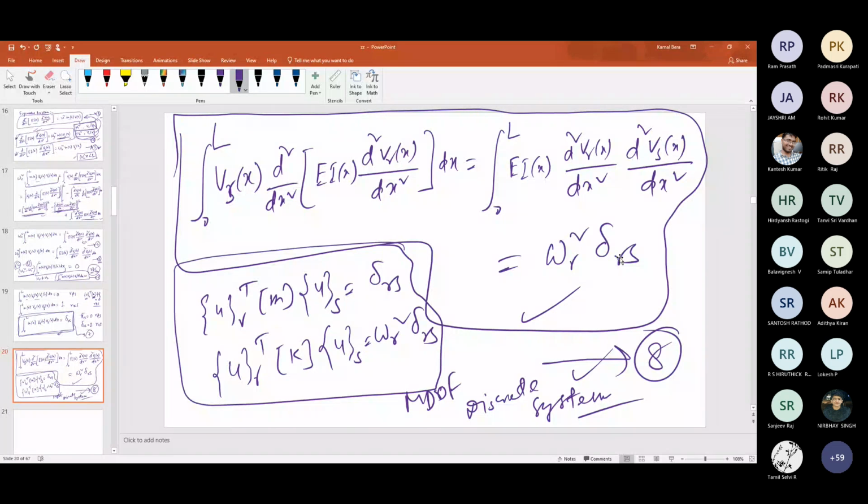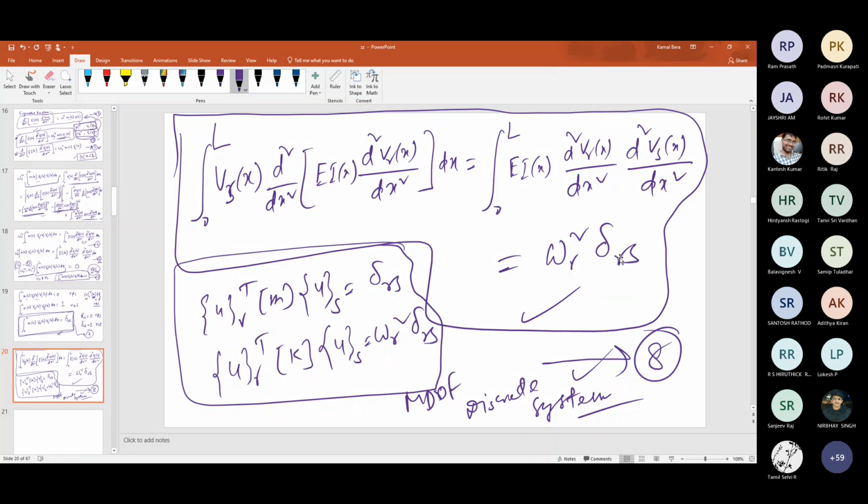Now we will talk about the response analysis using the modal superposition method. As we did for the multi-degree of freedom discrete system, here also we will obtain the response as a superposition of the system eigenfunctions multiplied by the corresponding time-dependent modal coordinate or generalized coordinate. You remember we used to write x equals capital phi into q, right? Here q is the modal coordinate or generalized coordinate and phi is the modal matrix. That is a modal summation of modes.